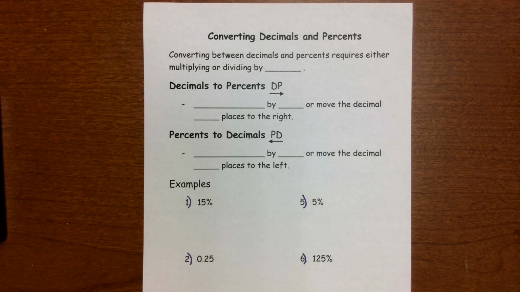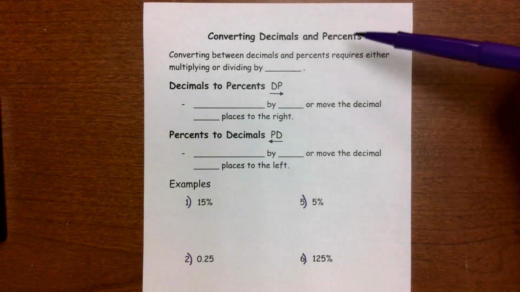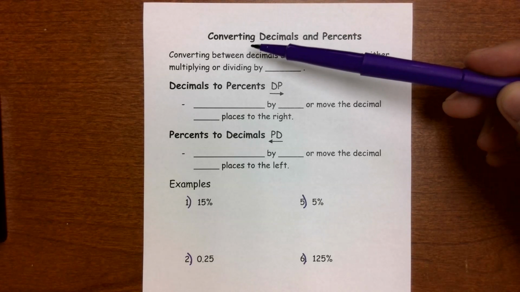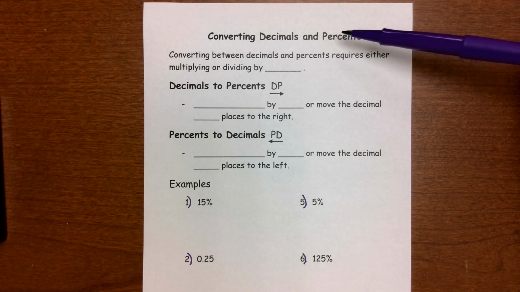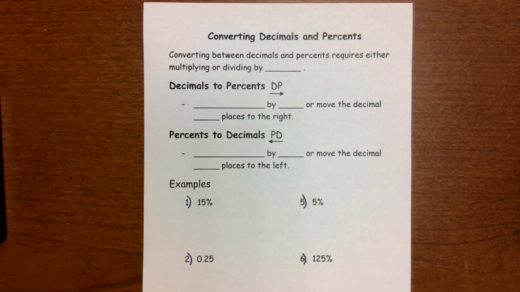Today our lesson is going to cover how to convert between decimals and percents. Convert is just a fancy word that means change. So we're going to be changing decimals to percents, and we're also going to change percents into decimals. So let's get started. It says converting between decimals and percents requires either multiplying or dividing by